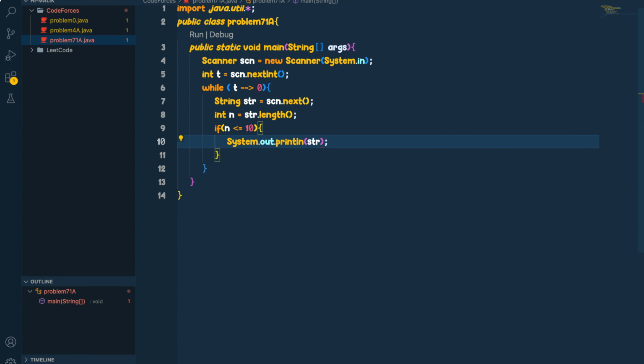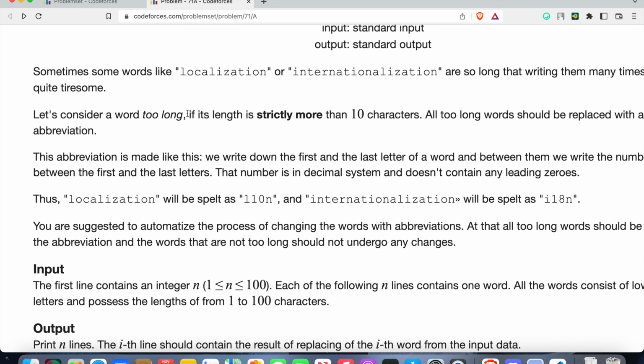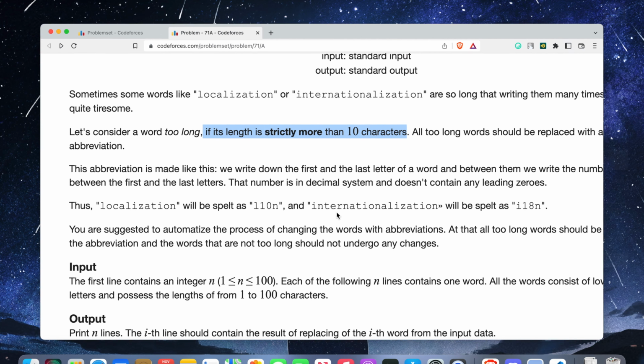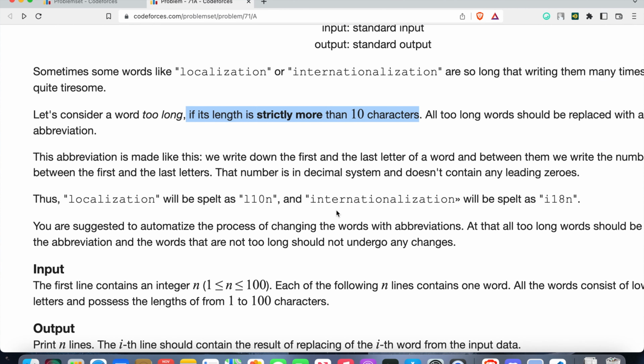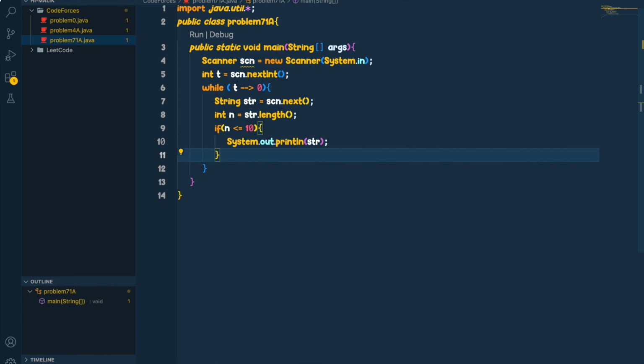Well, because it is less than or equal to 10, as they have mentioned over here, it is saying if its length is strictly more than 10 characters, then only we have to print this kind of specialization word. Okay, otherwise no. So here we go. If that's the case, else what we have to do,